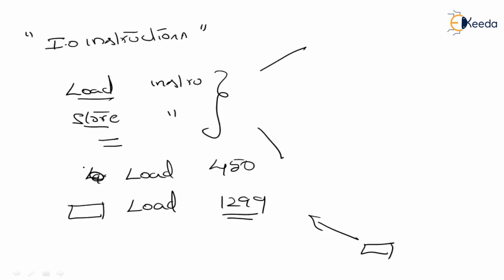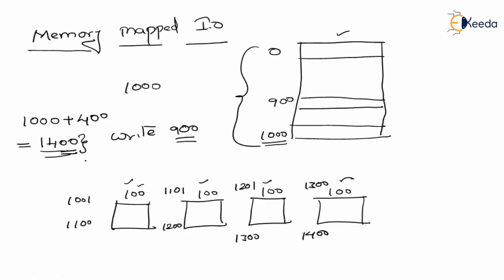Similarly, store. So in memory mapped IO, there won't be separate IO instructions because the CPU feels that there are no IO devices. The total address space of the IO devices is just a part of the main memory itself. So I only have main memory spaces, no IO spaces. That means any of the IO locations can also be communicated with by using any of the memory reference instructions. We don't need to use separate IO instructions. This is called memory mapped IO.